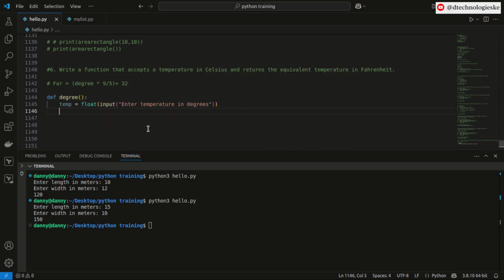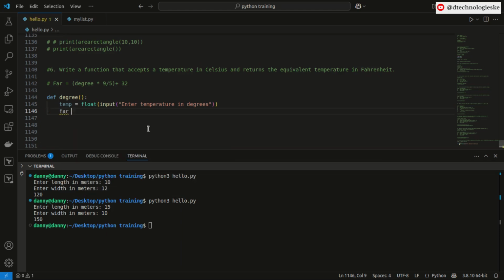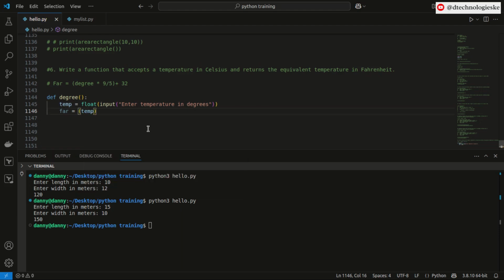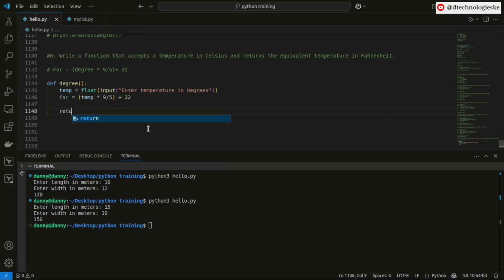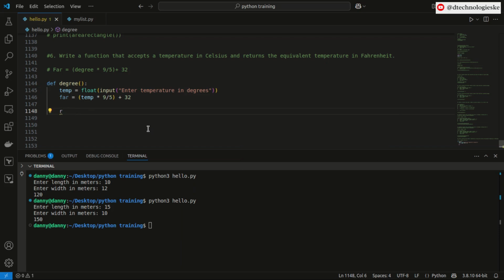degrees. All right. So once that temperature comes in, let's say Fahrenheit is equal to the temperature that comes in. We need to multiply that by 9 over 5. Once we do that, we add 32. Then in here, we are supposed to return Fahrenheit. And again, you can simply do,